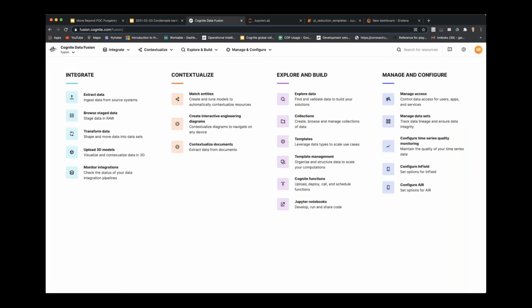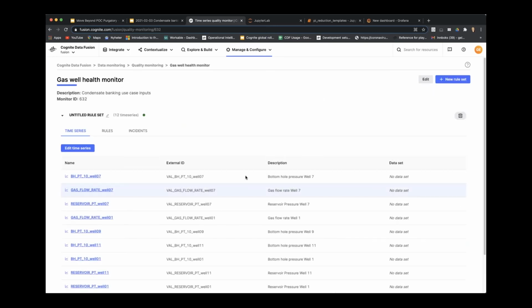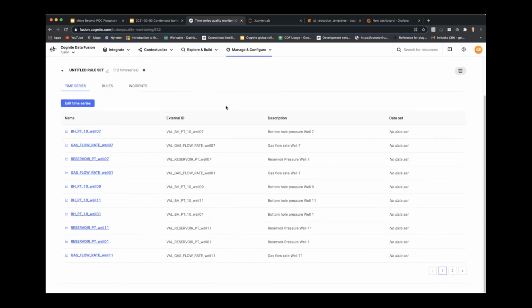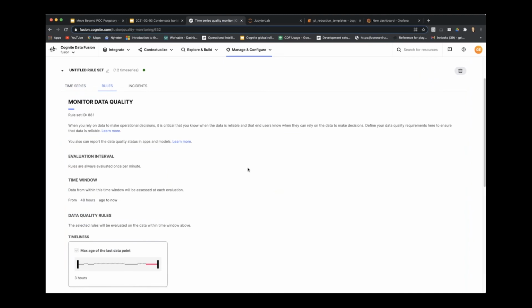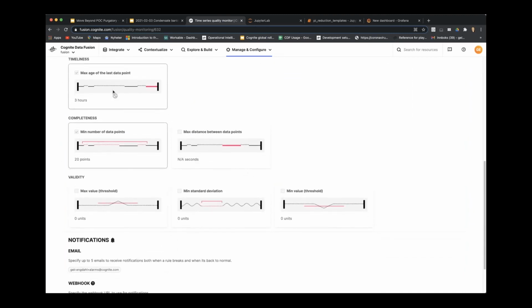And also, I need to be sure that the time series that I'm basing these calculations on have the right data quality. So I go to the data quality monitoring part, and here I can set up rules for these time series that are associated with this template. So I can say, you know, the data has to be fresh.